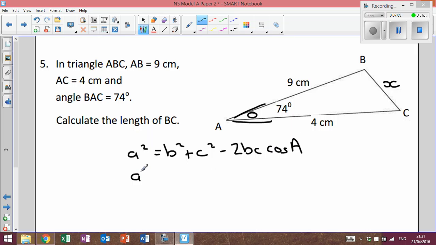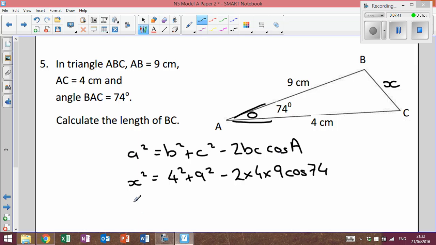So a squared, in fact, let's go back and call it x squared, because that's what I've called it in the triangle, is equal to the two sides, which is 4 and 9. So 4 squared plus 9 squared, minus 2 times 4 times 9 times cos of the angle between, which is 74. Go to your calculator: 4 squared plus 9 squared minus 2 times 4 times 9 cos 74. And you'll get x squared is equal to